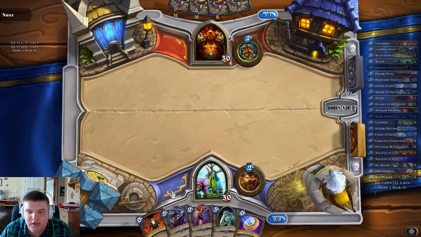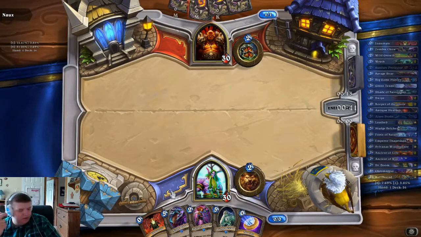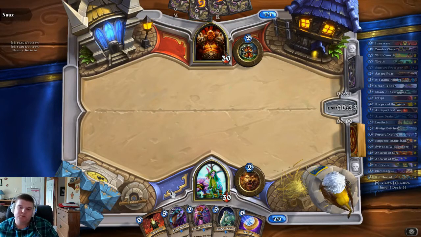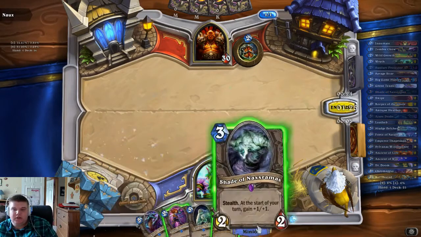So coin, Innervate, so turn 2 Sludge Belcher, or turn 2 Azure Drake. I prefer the Sludge Belcher play, unless I draw some sort of spell at this point. Like, if I draw a swipe, coin Innervate into Azure Drake might not be a bad idea. I mean, well, I wouldn't be able to use it, of course. I'm thinking Innervate into...